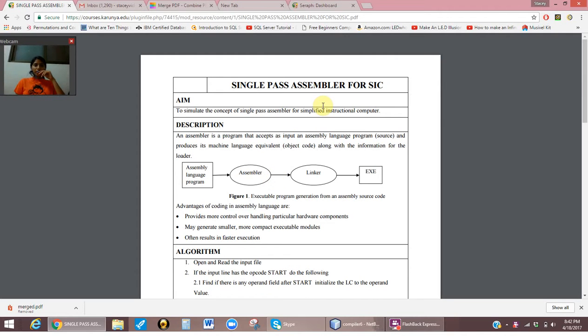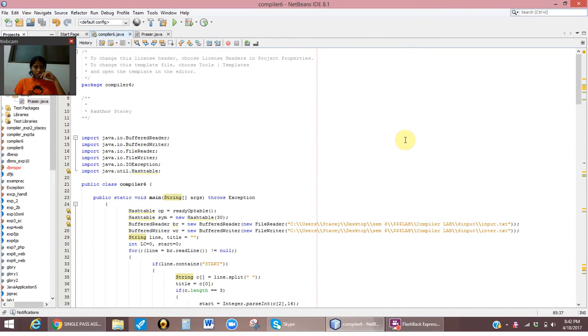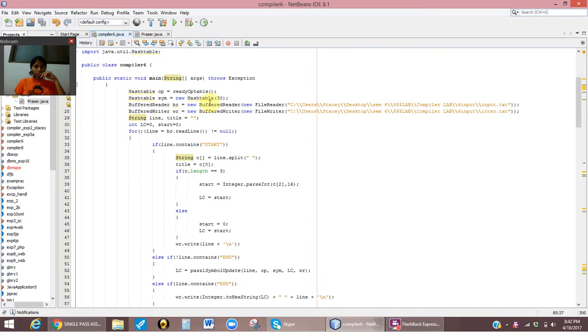I'm going to be explaining experiment number 6, single pass assembler for SIC, for system software. First, we're taking a hash table OP and reading the optable into the OP. Similarly, for a new hash table we're using SYM, and then we're reading the buffer from the file, which is input and enter. This contains the